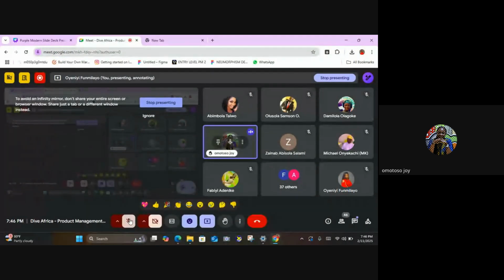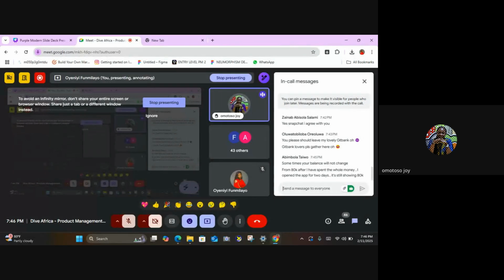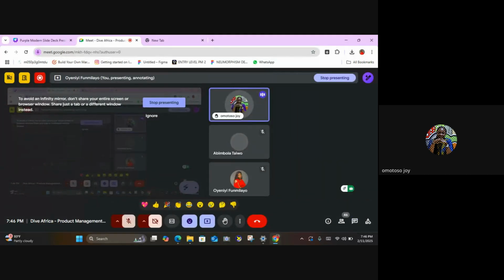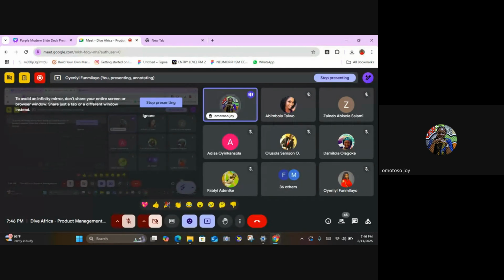Then I think the second was REM money, but that was not user interface. That was a lot of issues with making transactions. For instance, they have different tiers of accounts, so you can move from one account to another. But when you try to move from one account to another, it tells you you don't have money there, and so you have a mini hypertension. I have 20,000 here, where is it? So it shows you maybe zero, and then when you go back and refresh the app, you see 20,000, and I'm like, this one just wants to kill somebody. So those two apps really gave me issues.